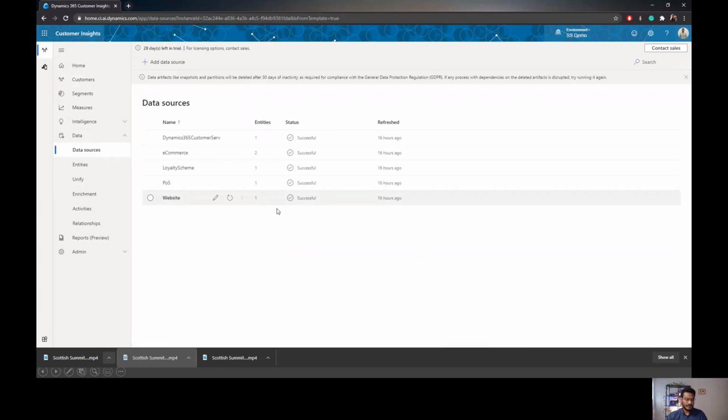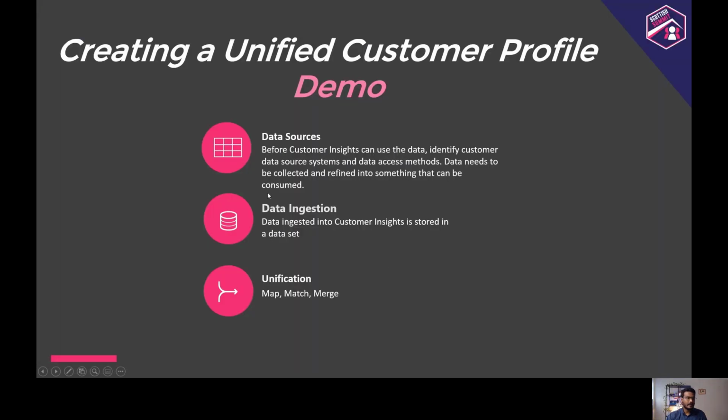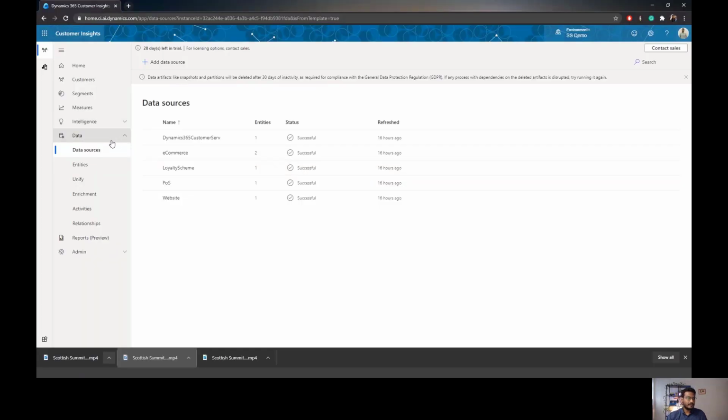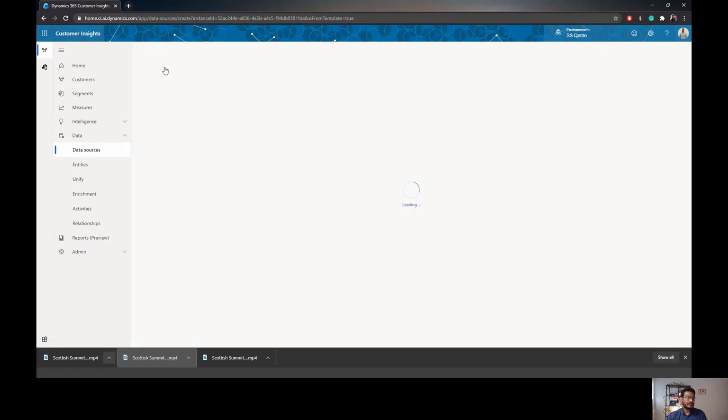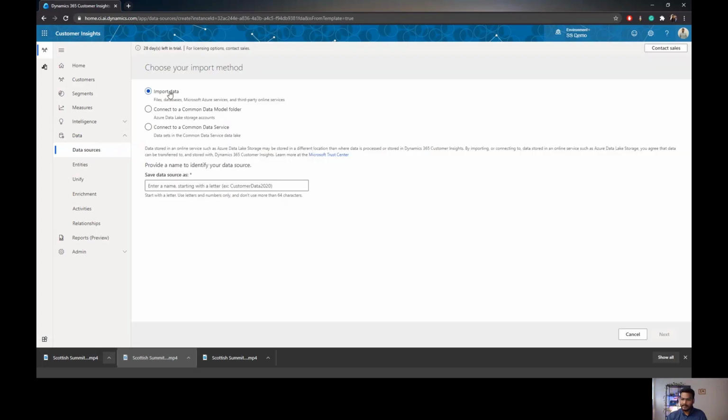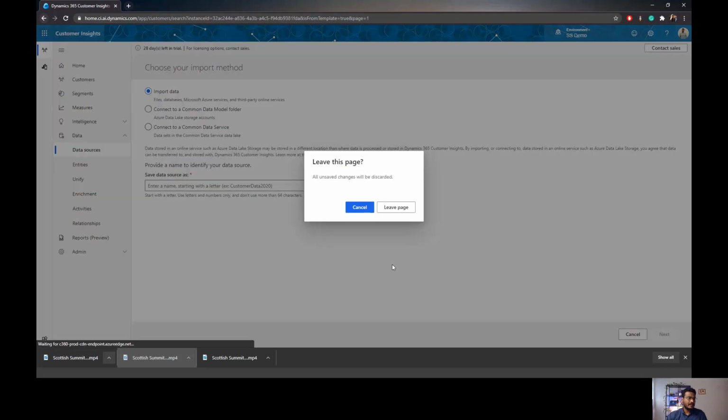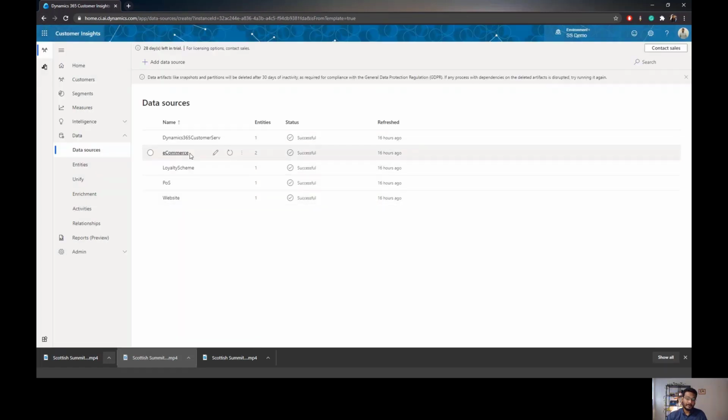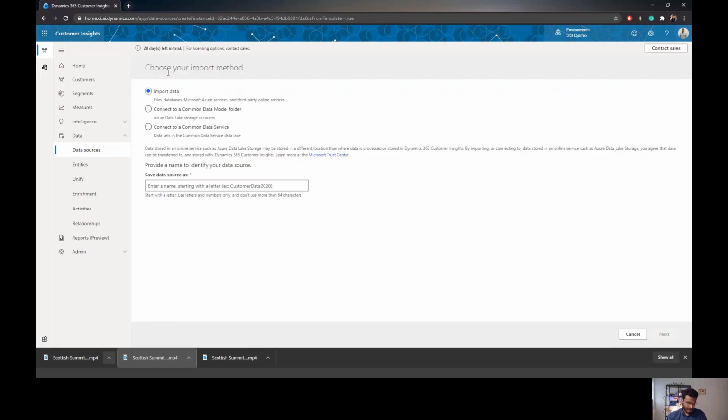Referring back to our presentation again, the first step is data ingestion, which is ingesting data from different data sources, right? There are three ways to import a data source. If you go to data source here and add data, you can import data from a file, a database, Microsoft Azure services, or you can connect to a common data model, or to a CDS as well. Once you add the data, what I have done here is use publicly available data. And when you add the data source, the important thing that you need to make sure of is